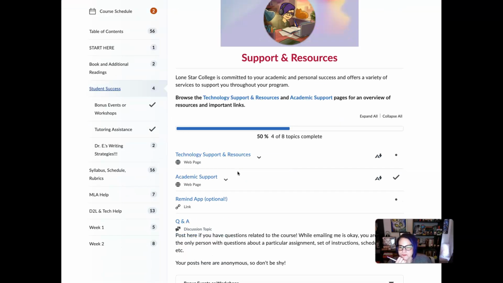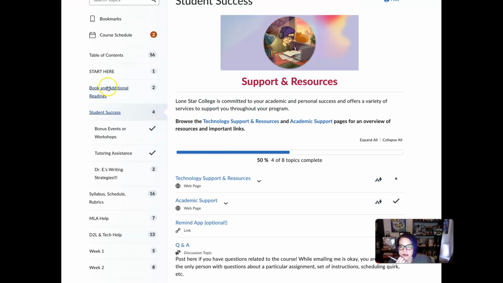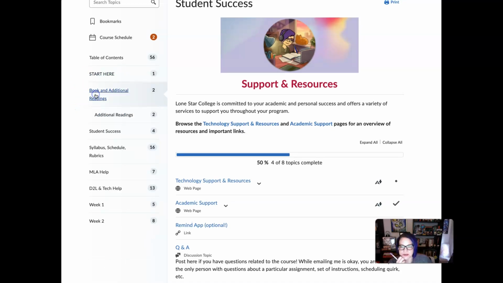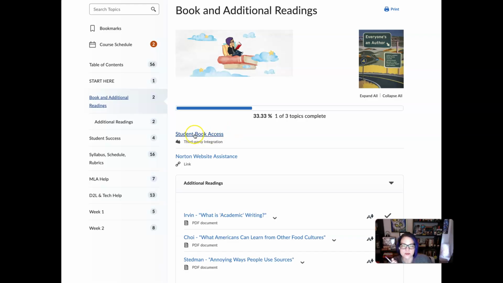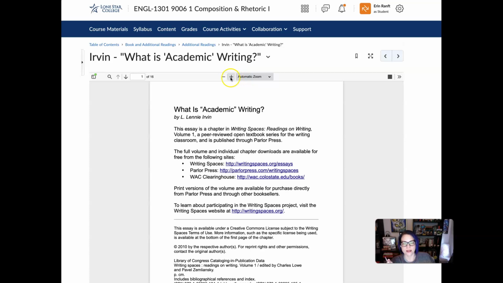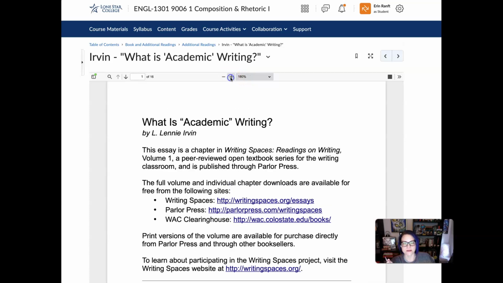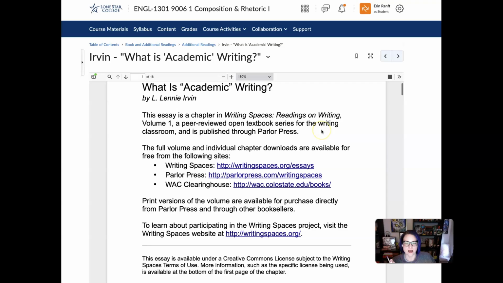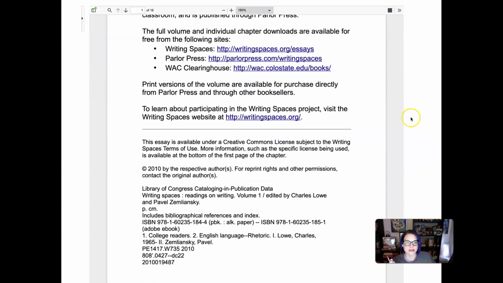Okay, so what I want to do first is talk about Irvin's article. So I'm going up to the book and additional readings module here. And remember, this is where we access our book or anything outside of our course text, right? So I'm going to open Irvin's article in the reader here, and you can adjust the size. I'm just going to make the font a little bit bigger. Okay, so if we scroll down,